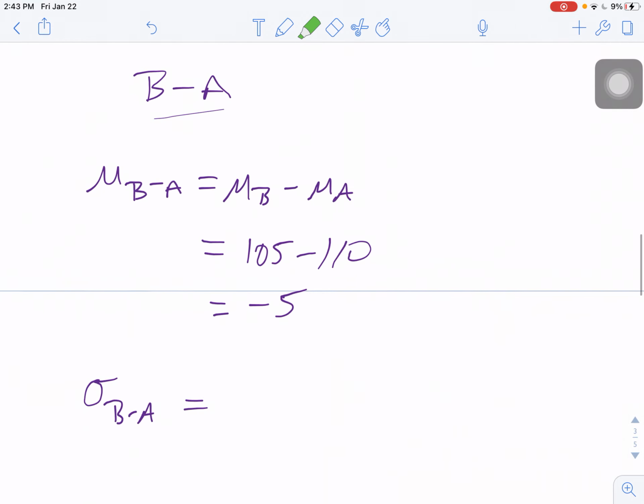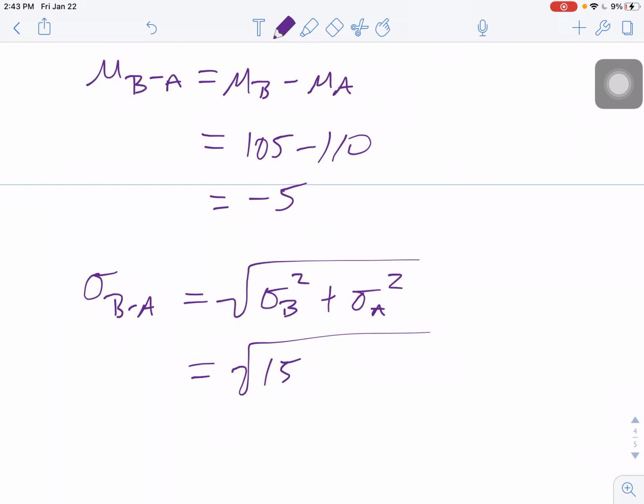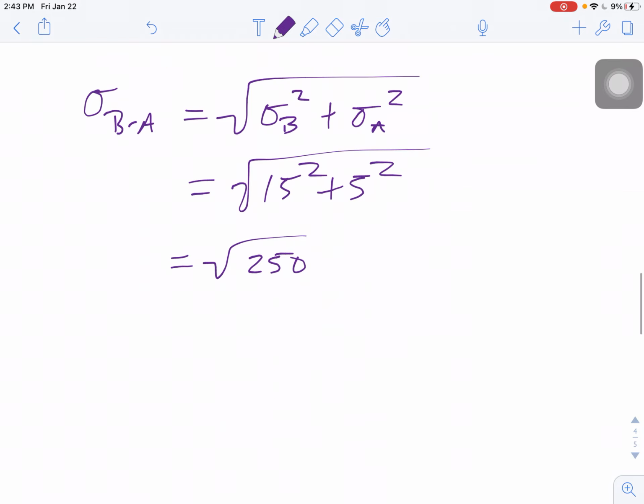So we're still going to do that here. We're going to do the square root of sigma b squared plus sigma a squared. So it's the square root of 15 squared plus 5 squared. Again, I'm putting this into my calculator, so I'm trying to do the square root of 250. Okay, and that ends up being about 15.811. All right, so that is the